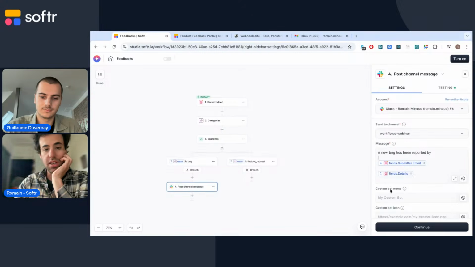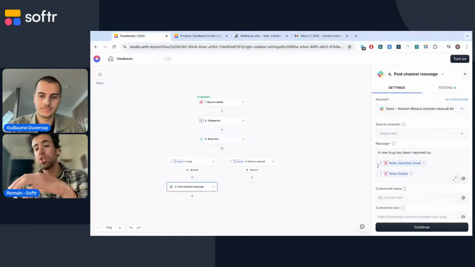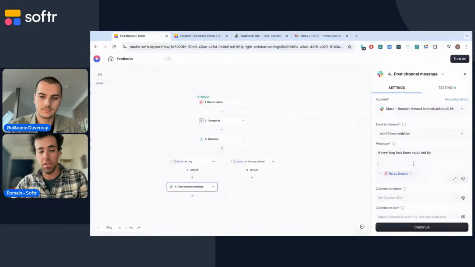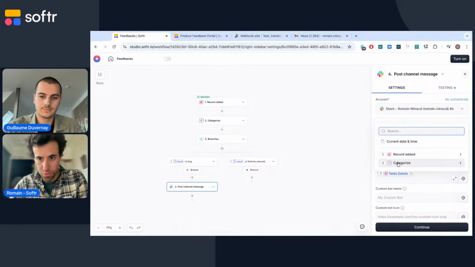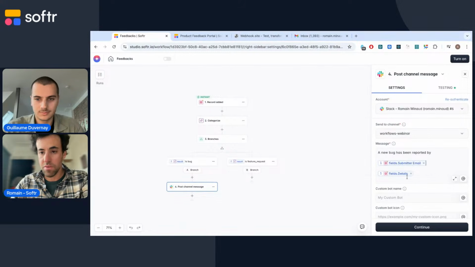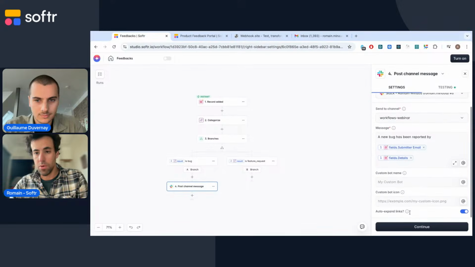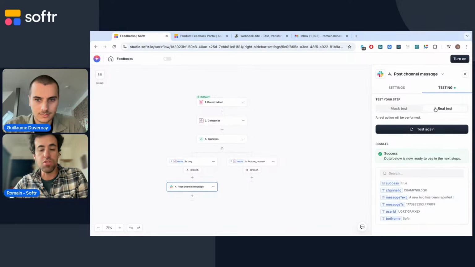Here, exactly as in the categorize step, you use a combination of text that you can write and variables that you can select. So: a new bug has been reported, and then you select in the output of the record added the email of the submitter, for instance, and the details, and you are able to test it as well. It's the final step here.